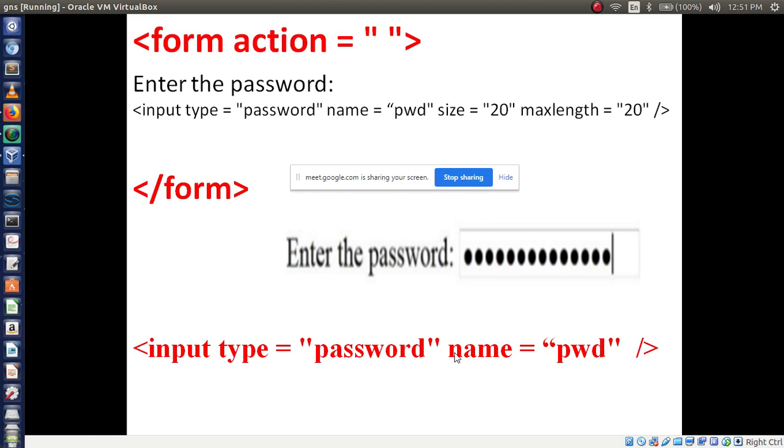Okay. So evaluator will observe the tag, type you have written, then name you have given or not. Size and max length are optional, you may write or not, but for understanding purpose I told. Then after that close the form tag.